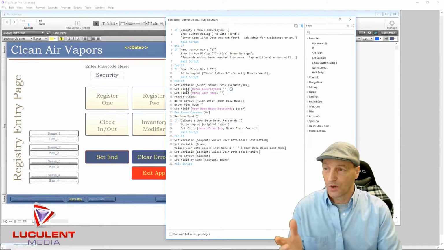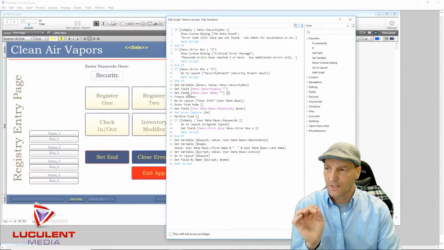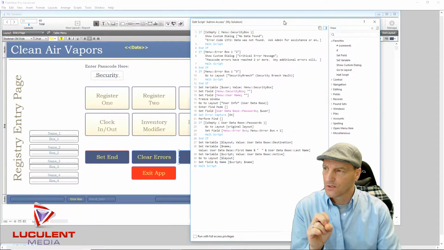Then we're going to go and clear that field out. Don't use clear field and don't use anything else. Just go in and set the field, the security box, to quotations. That will clear it right out. And we're going to set the field username also to clear, although I don't know why, because there should be